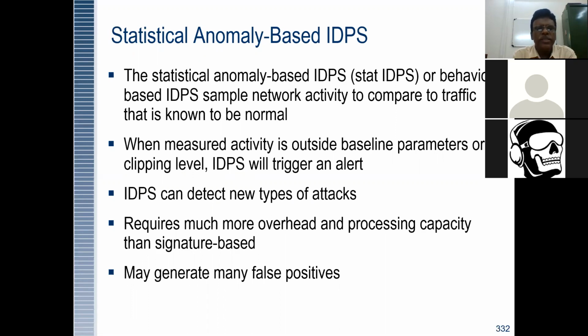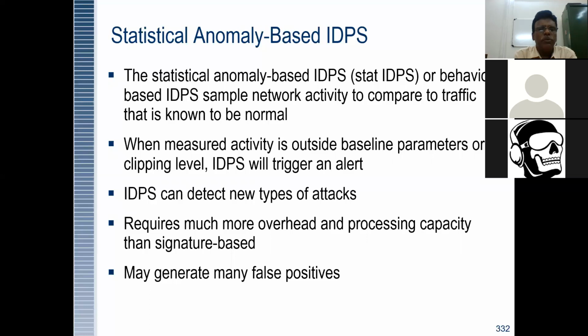behavioral and properties of IDPS. Look at a sample network compared to traffic that is already known to be normal. So we say that 100 users are there. Within the 100 users, the flow of exchange which is going to be transparent between a number of users is already manageable. When measured activity is outside the baseline, there should be a number of other parameters to cope with that. You can say IDPS will trigger the alert and provide a signal representation in such a way that it is going to be further improved.